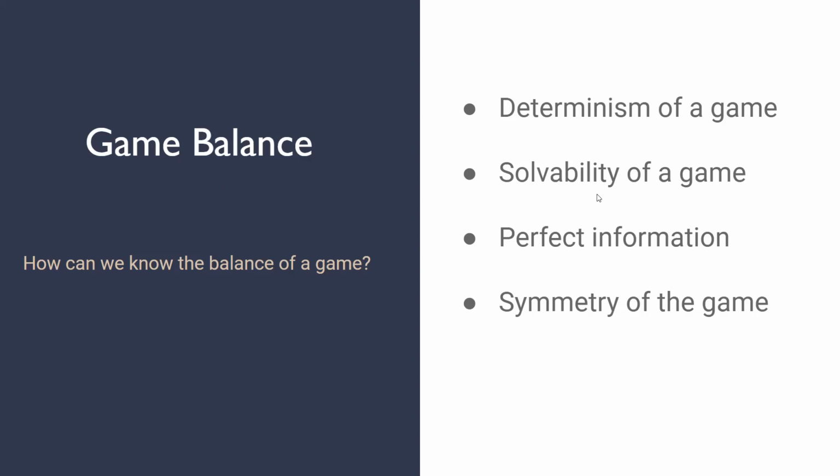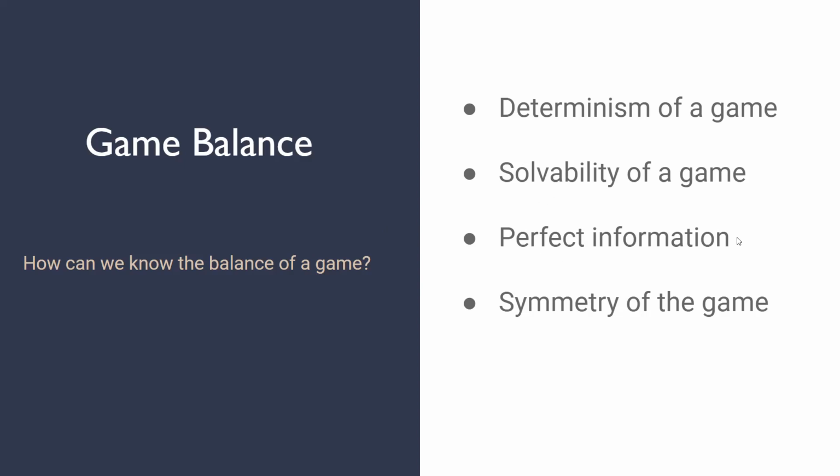Solvability of the game in chess is basically, move by move, you're able to read the moves and make your moves based upon that. And of course you can either go for a draw or you can go for a checkmate, but you won't get any other result other than that. Then